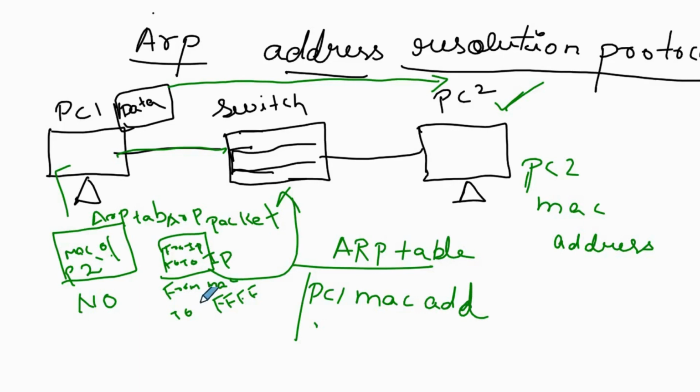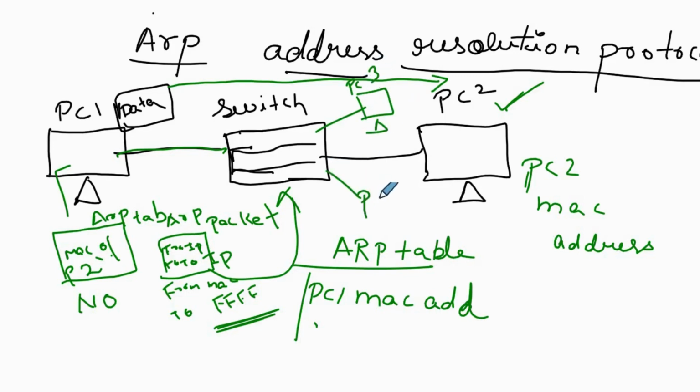It is seeing the destination MAC address, it is FFFF, broadcast. We know what broadcast is. Broadcast means the switch is going to broadcast the ARP packet to every PC to identify the PC2 MAC address. Now imagine here one PC3,